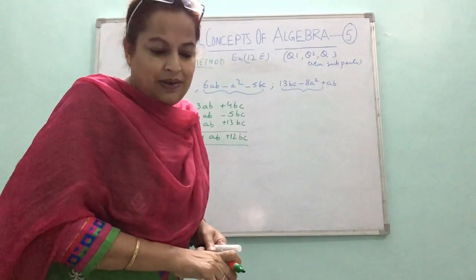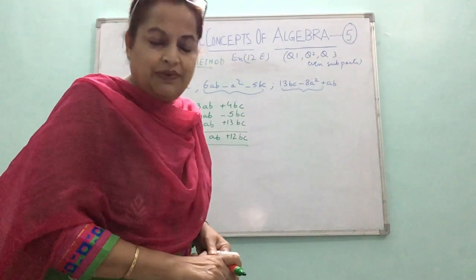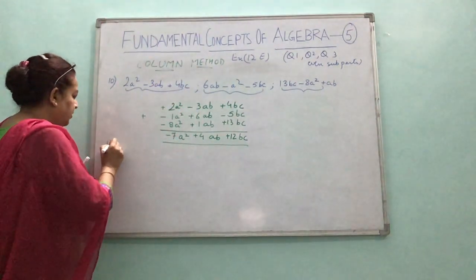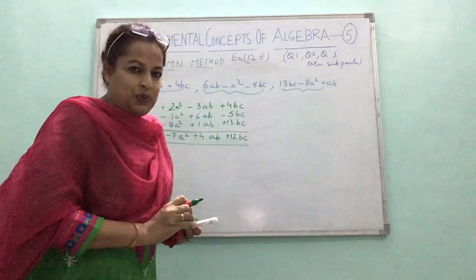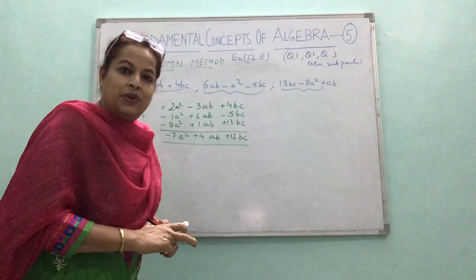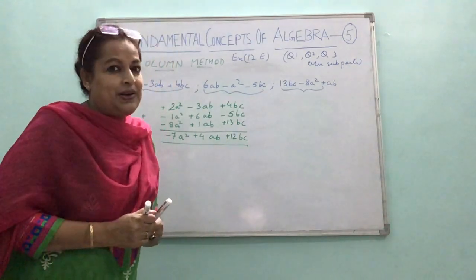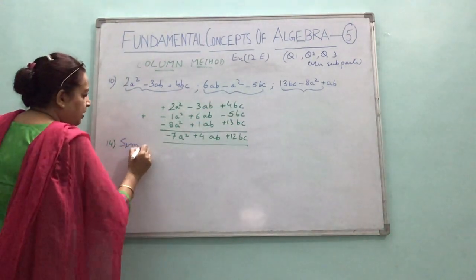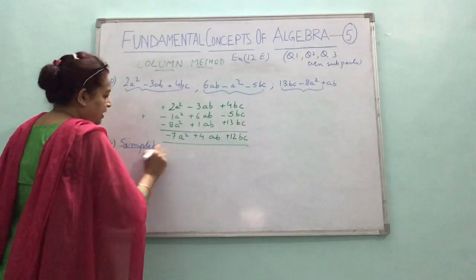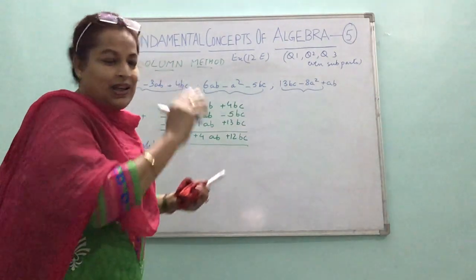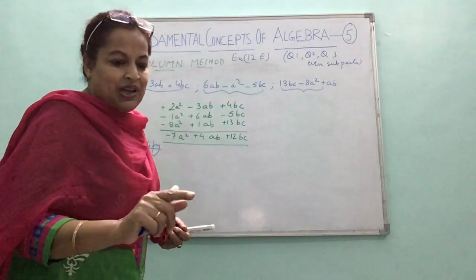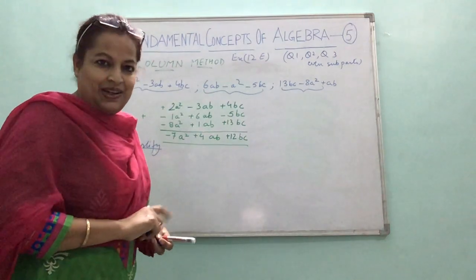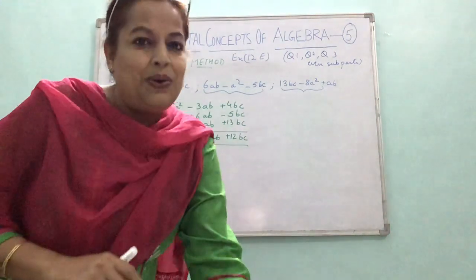One more question we can take. The 14th question I'm taking. Now the 14th question is a little different, children, and very important also. It is different because now they have not given separate expressions. A lot of terms are given and you have to simplify. We have 3 different types of questions. Questions 1, 2, 3 were one type, questions 4 to 13 were another, as I have taught you here, and now 14 is simplification. That is the third type of question. So don't miss it.